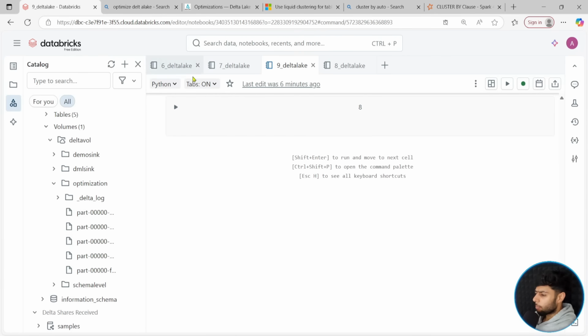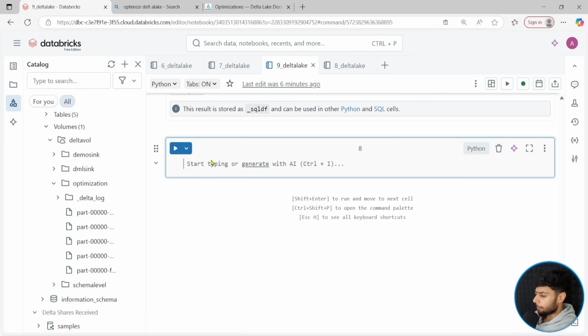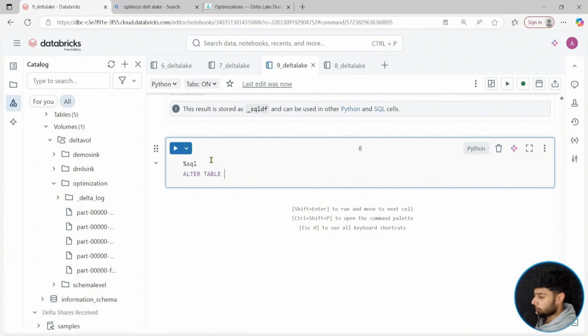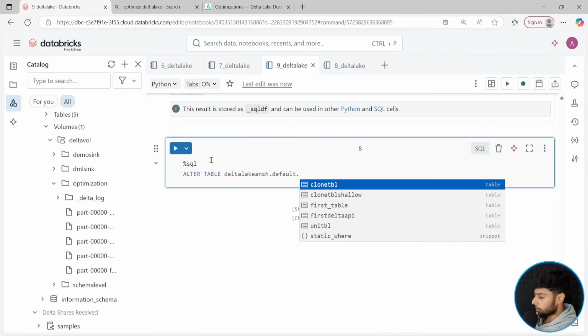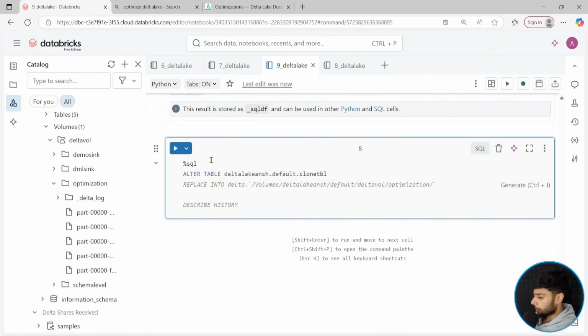Let me just take you to my notebook. That is the best resource for you, bro. You do not need to mug up your mind. So this time, instead of create table, let's alter the existing table. Alter table, and the table name is Delta Lake Ansh default, and let's say clone table. Because we want to add a cluster, we need to just say